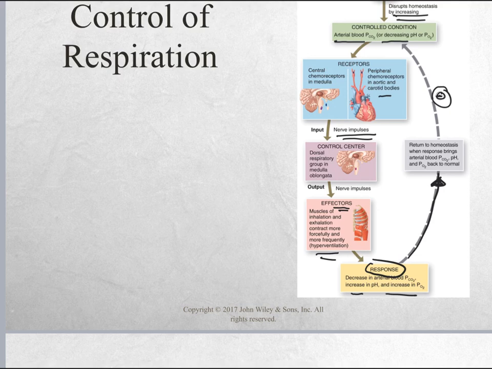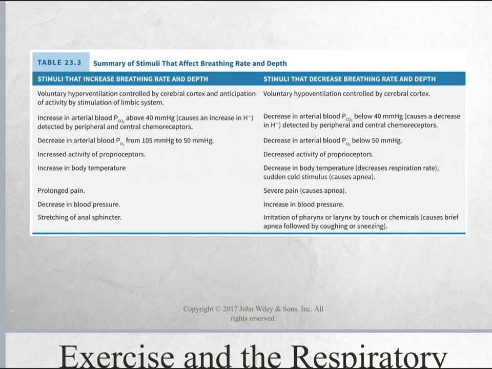These chemoreceptors will detect that. It will shut down this hyperventilation system, or these nerve impulses that are causing the hyperventilation, which in turn will bring us back to normal breathing. Table 23.3 is a good table that's going to help us summarize the stimuli that affect